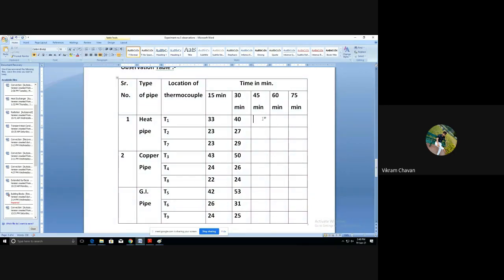Then the third reading after 45 minutes: T1 42,